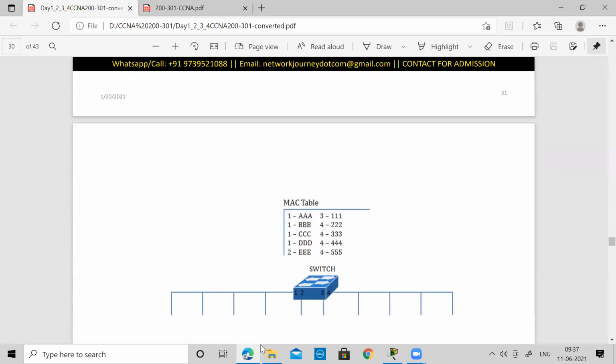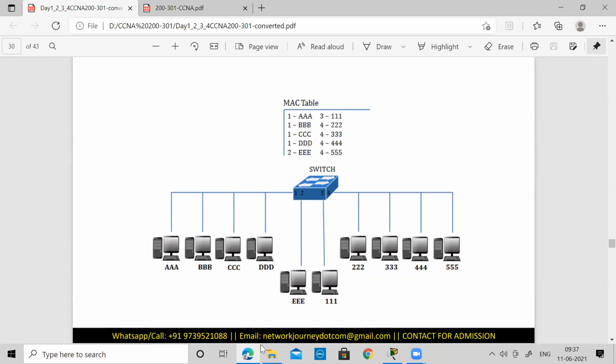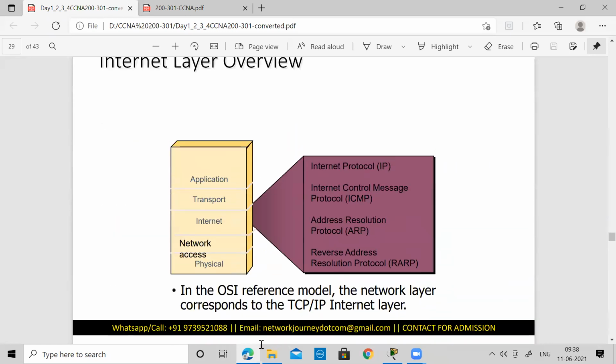In the next class, I am going to take up the ARP process, and we will learn how the switch learns and makes its MAC table, because as we proceed with further lectures, there are a set of tables that will come up. The ARP table I just introduced, then we have a MAC table, and a routing table. So lots of tables are there, and how do they dynamically learn all these things? How does a switch make its own MAC table? We will discuss more about the switch and the ARP process.